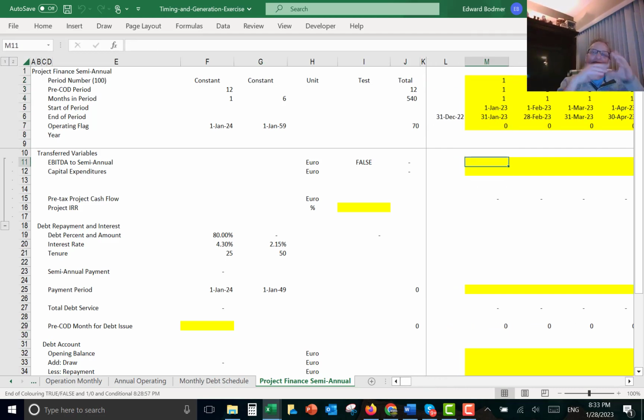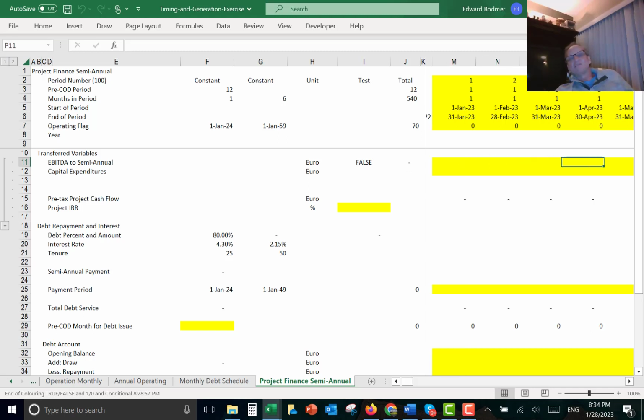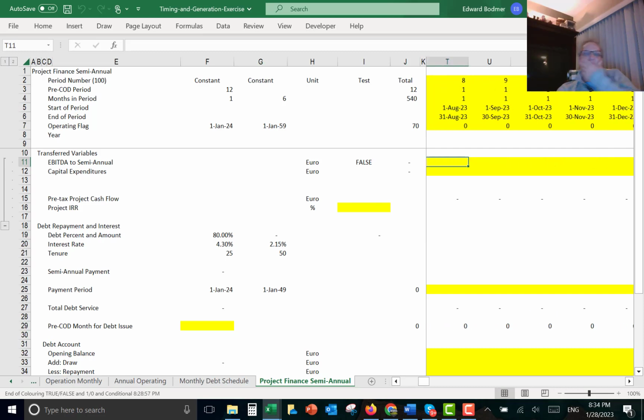Now we have to transfer the variables. This is the painful, hard part about this. We want to take that monthly stuff with the semi-annual stuff, and what we want to do is get it into this. But once we hit the COD period, let's go 12 periods over. Okay, we need either this date or that date in order to use the sum if. And what that means is we need